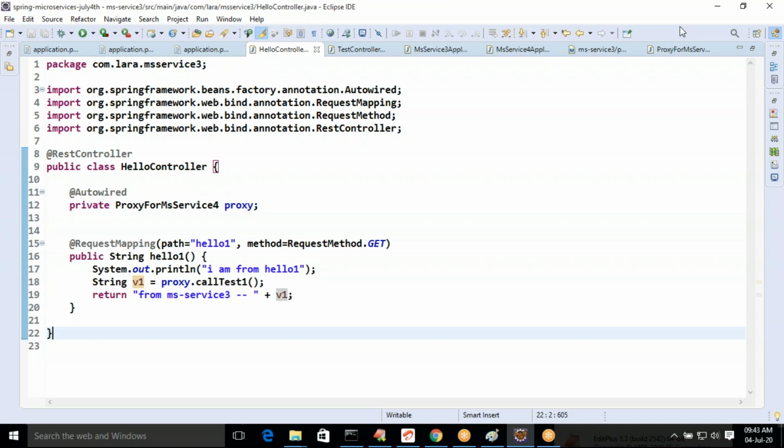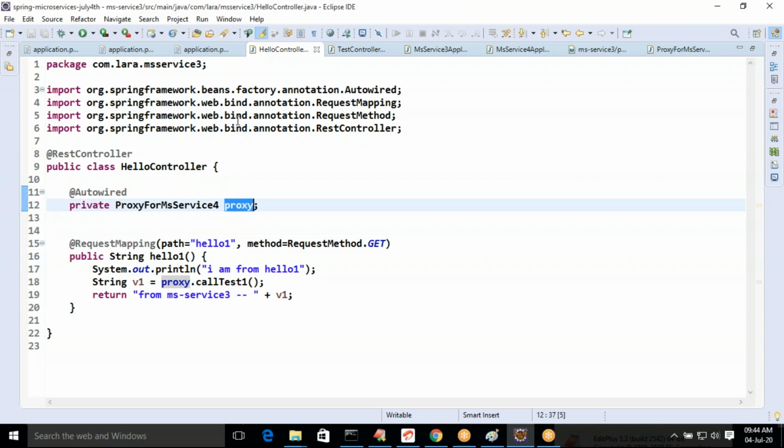Define a proxy in one place and keep using it in all the APIs of the same application. This is very simple compared to REST template. We are not defining anything, we are simply declaring.